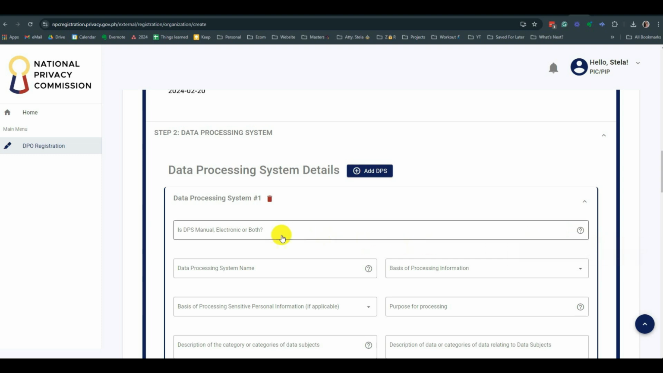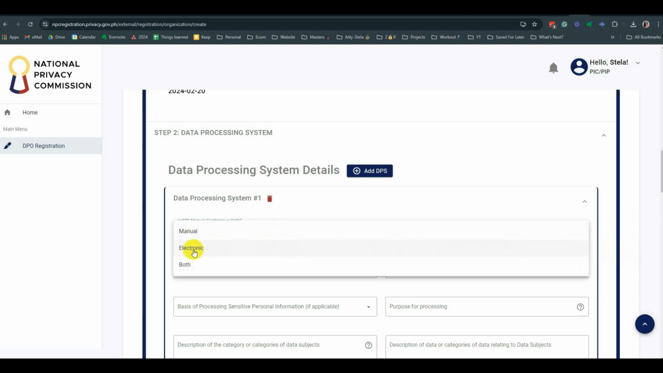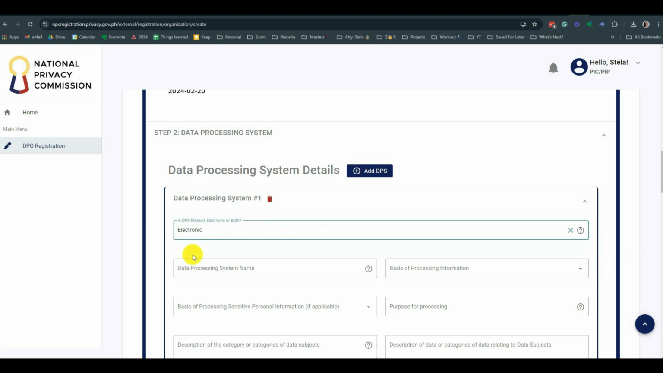Okay. So, let's just go here. Electronic kasi yung sa company. Tapos yung title name of the system being registered. Example, HRIS, Registration System. So, ang register muna natin dito is yung registration